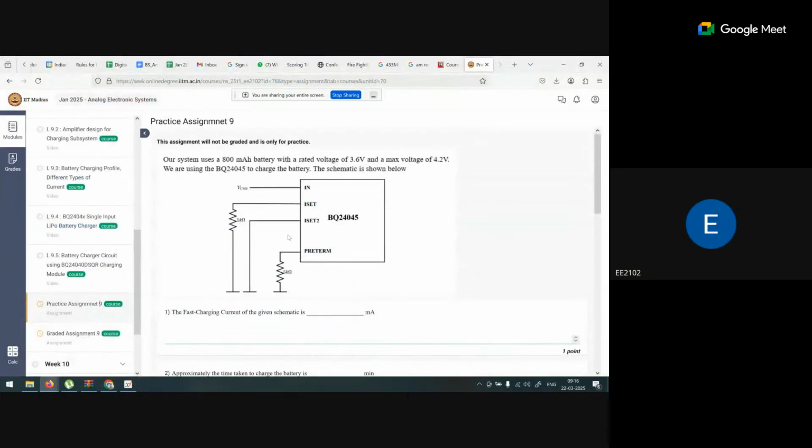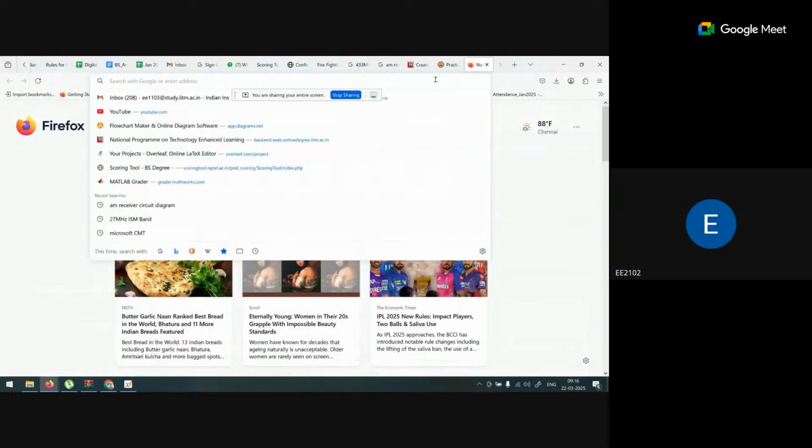K I set upon R I set. Now, if we see the data sheet for the BQ24040,